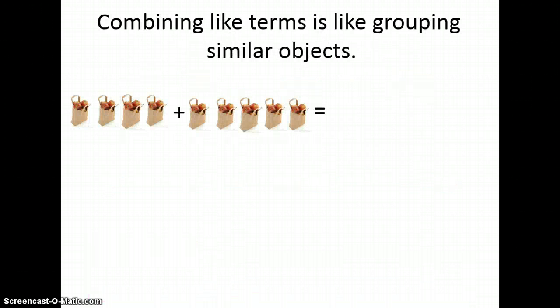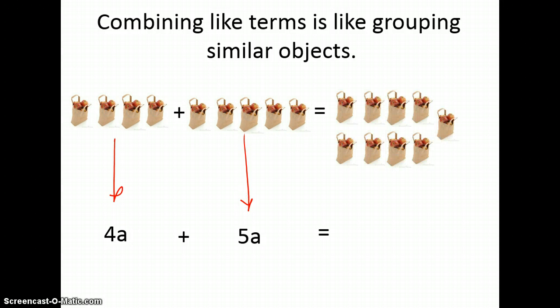Combining like terms is like grouping similar objects. So let's go back to our grocery store examples. If I have 4 bags of apples plus 5 bags of apples, how much do I have? Well, let's write an algebraic expression for that. 4a plus 5a equals what? Well, if I put all those bags together, I get